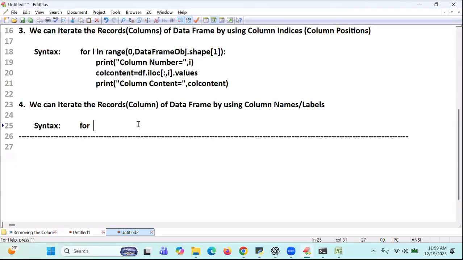All of the boys need to see what they are saying. Now I will go for it. For i in range of